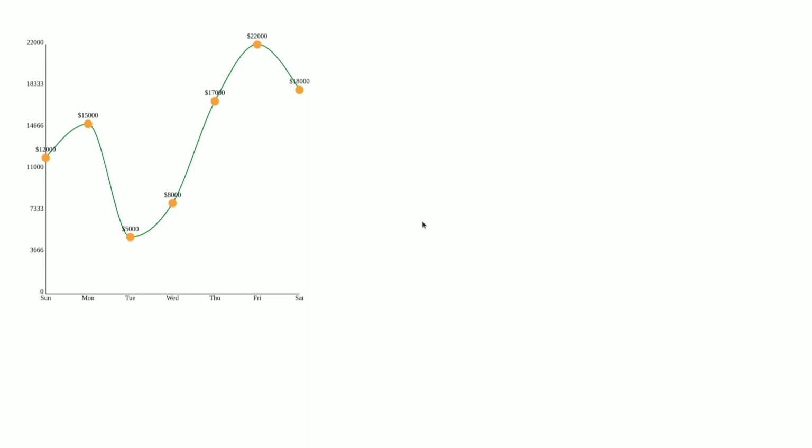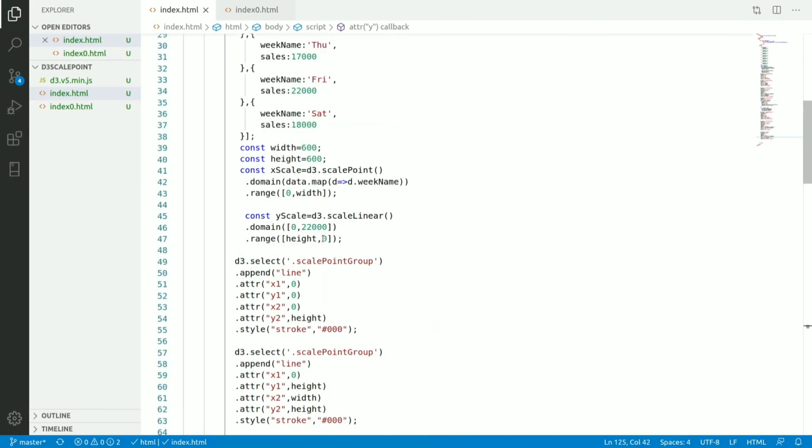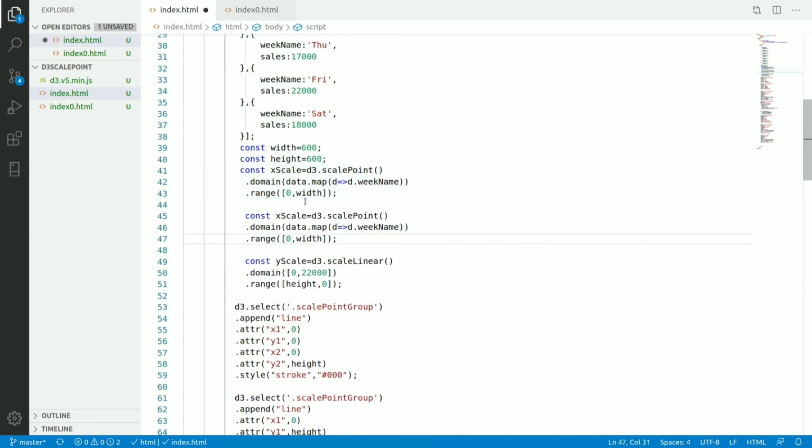Now you have the question: which scale to use, either the scale band or scale point, for the discrete input and continuous output. Means if you have the categorical scale, we have seen the scale point and scale band, so which one do you need to use. So I will show you the difference between scale point and scale band. Here, in the same way, I will create the scale band, so you can easily understand.